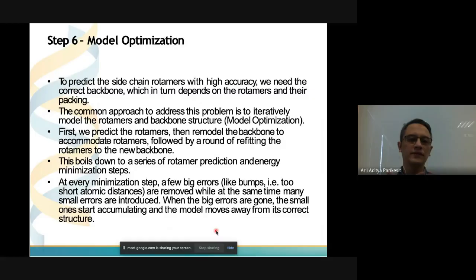So the model optimization step is necessary to stabilize the structure so the side chains won't overlap. The ones that overlap right here, by using model optimization, won't overlap again. It's free now. You release the side chain from the bond of the steric effect like this.